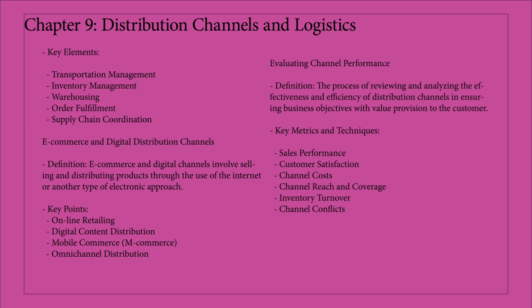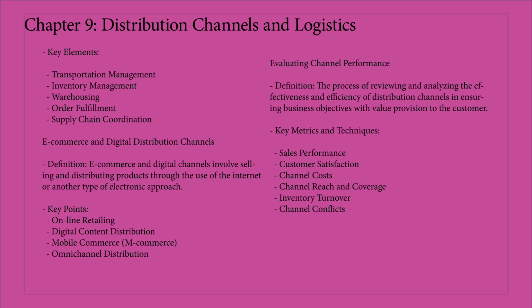and delivery time. Inventory management. Maintaining an optimum volume of stock to suffice customer demand at low holding costs. Inventory management systems monitor the stock levels and automatically reorder when the stock falls to a certain level. Warehousing. This is efficient storage of the products until they are ready for distribution. An example is a distribution center dealing with big inventories that make sure that fast processing and shipping take place.